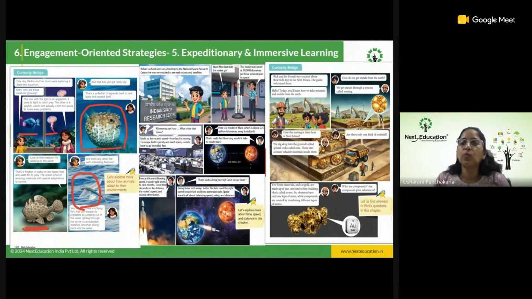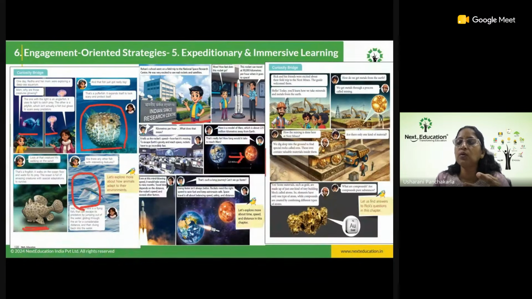And here, in the chapter on scientific investigation, you can see how a student enters the Indian Space Research Center and sees how rockets propel, what speed is required, how it tides over gravity, how the scientists actually work, and what distance is present between them, because this is something on Mars exploration, so they've been discussing that.